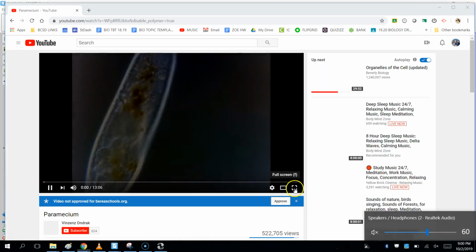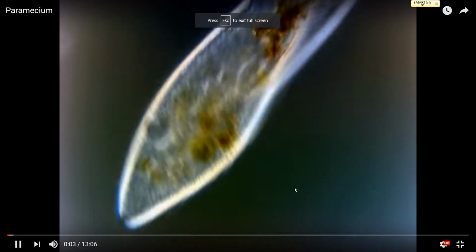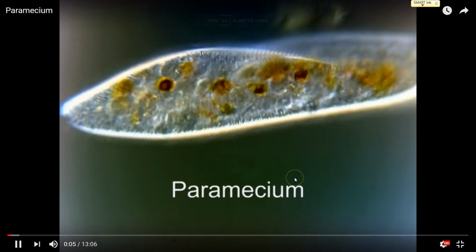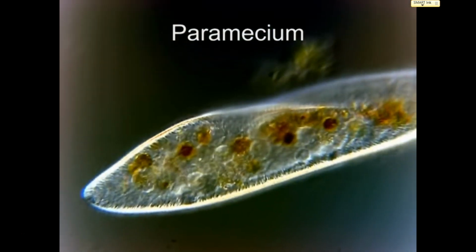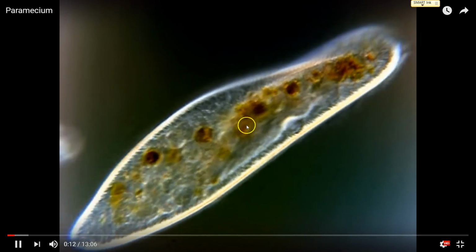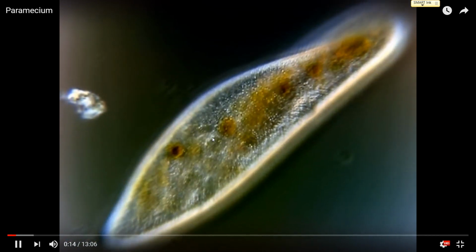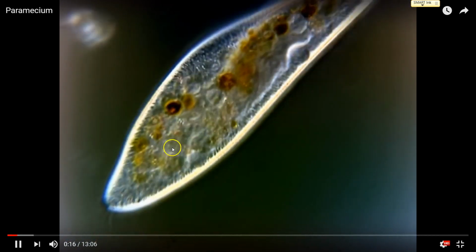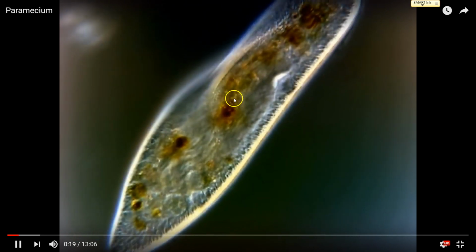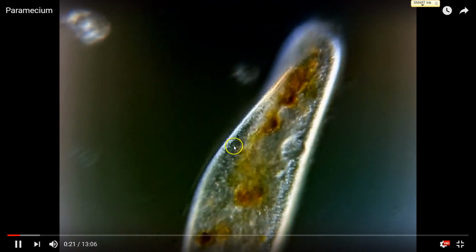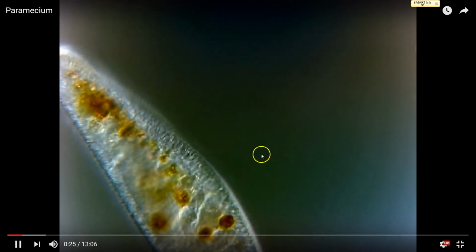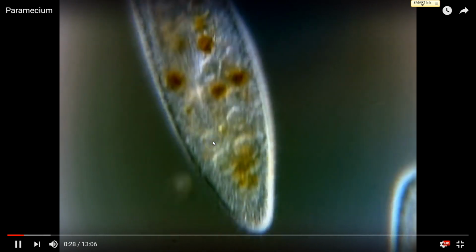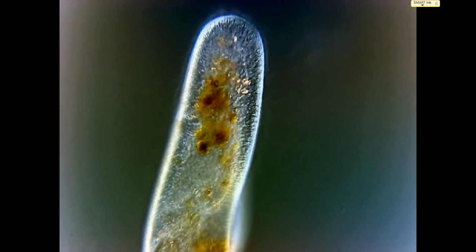So if you were to take a sample of pond water and look at things in the pond water, you would see little life, single-celled life. So this is actually a paramecium. This paramecium has a nucleus and it has all these things on the inside. Those are all like the Golgi complex, the vacuole, the ER, all of that stuff. It has all of that inside. And this single-celled organism does everything that you and I do except it's in one cell.